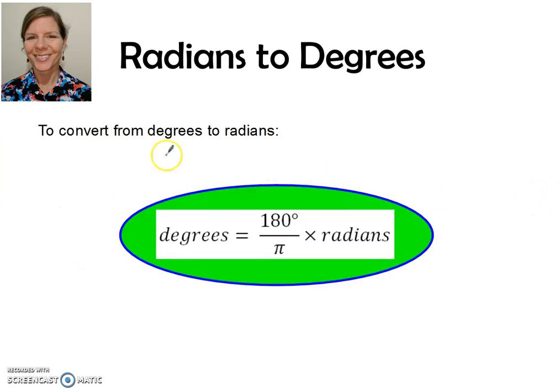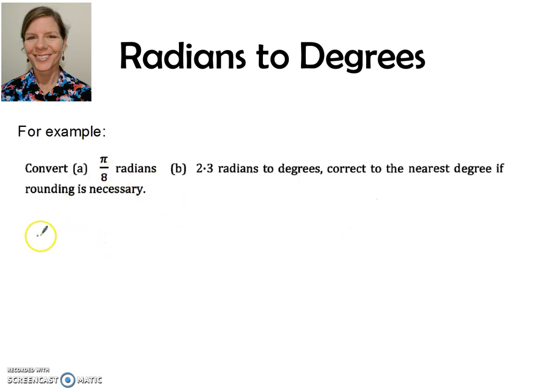Okay, so going back the other way, like I said, just flip the fraction up the other way. Obviously 180 over 3.14 is a much bigger number. It's going to make this number bigger. Degrees are bigger than radians. So for this example, we've got pi over 8 times, now it's 180 on pi. And generally, if you've got it in terms of pi, then the pi's are going to cancel out. And what you get is 45 over 2, or 22.5